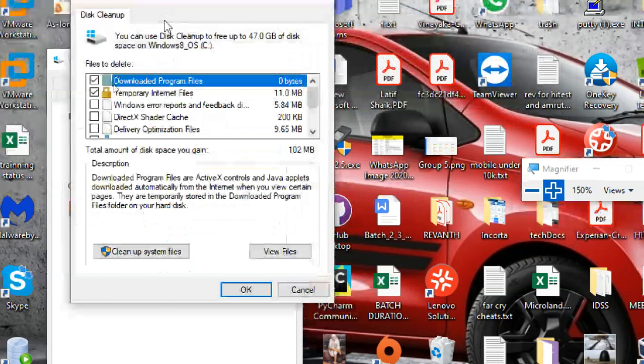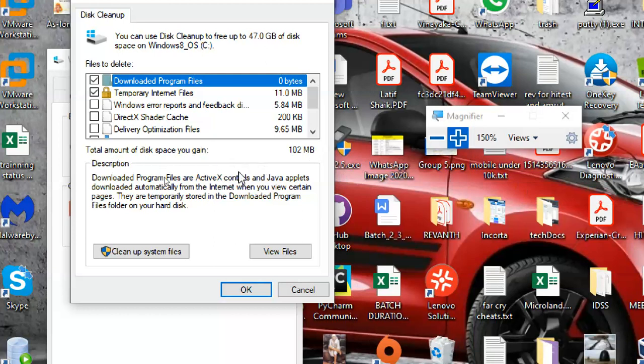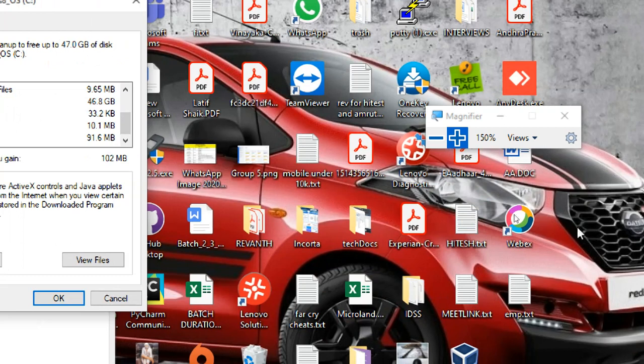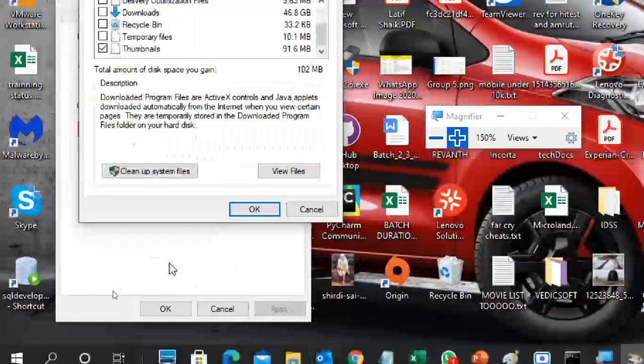Okay, it came. Can you see this is showing 102 MB total amount of cleanup? But if you check, there are only two check marks here, at the bottom. Thumbnails. What is a thumbnail? When you open a picture, the look of the picture will be there.